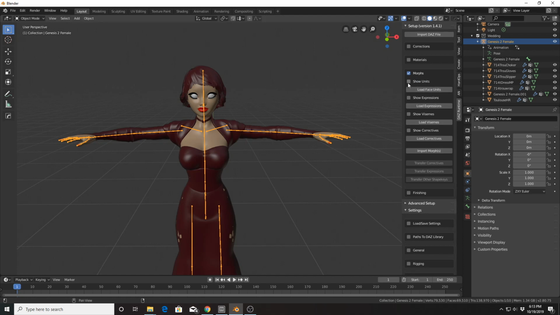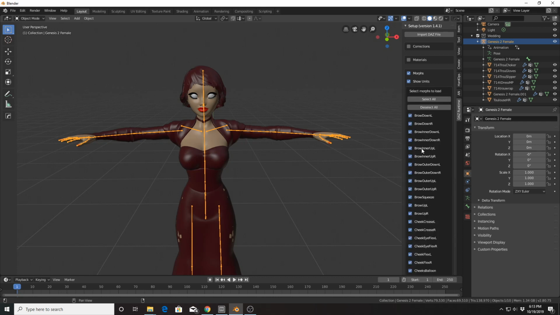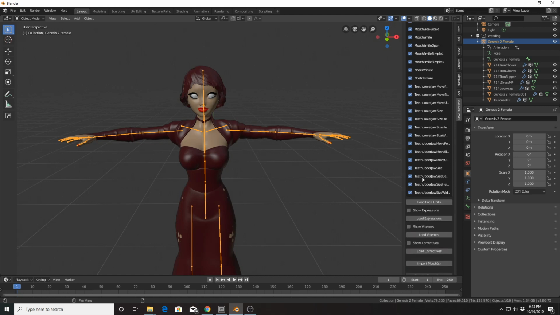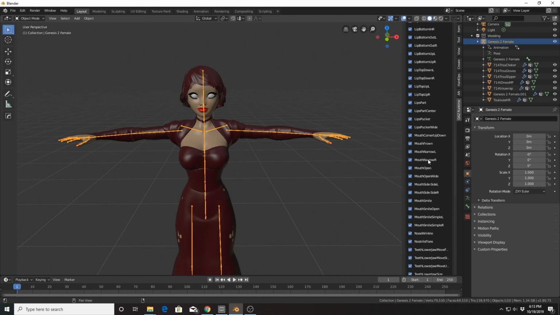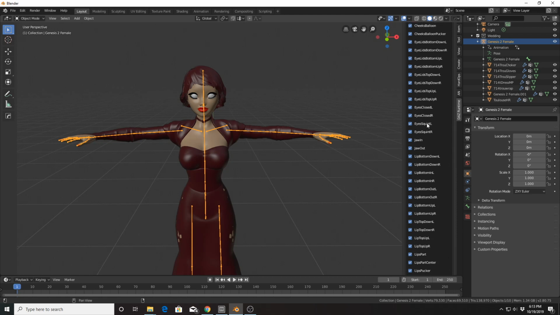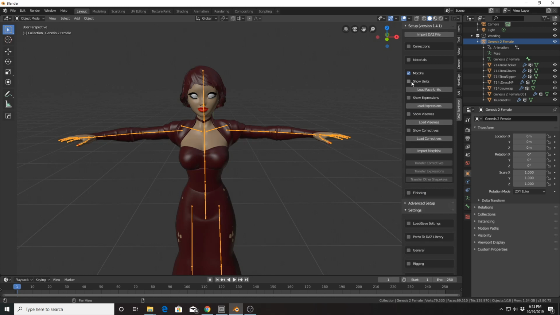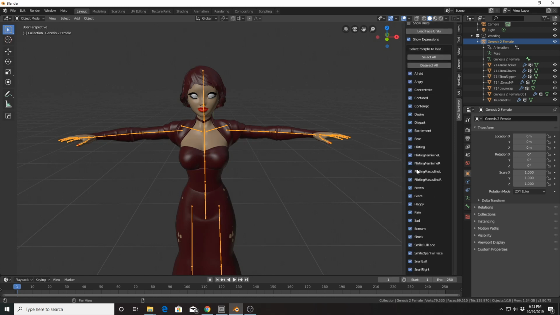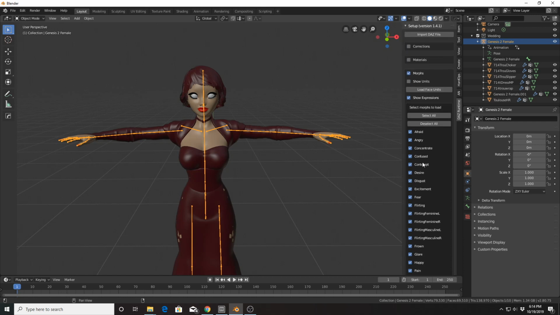If you want to see what they are before you do it, you can hit show units and it'll show you all the ones that you have available to manipulate after you hit the load button. So you can see mouth open, frown, close, lips, eyes, all that. That's just under this first one for face units. Then you have expressions: concentrate, happiness, sad, things like that.